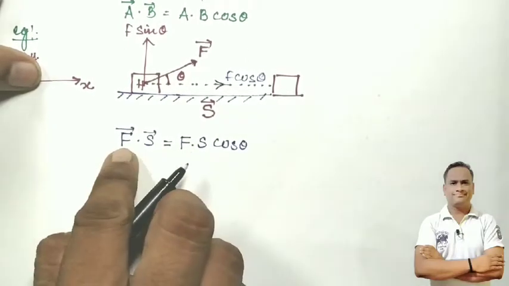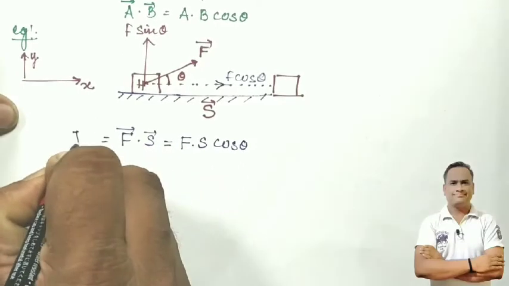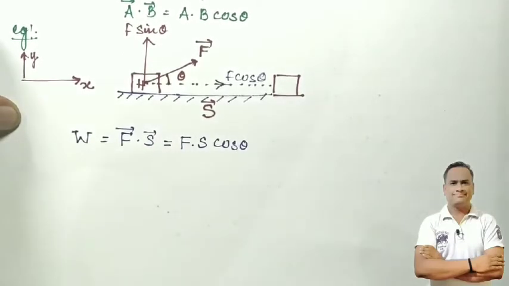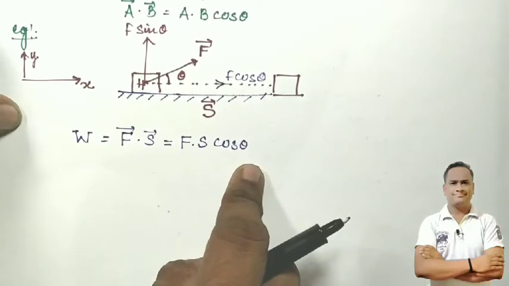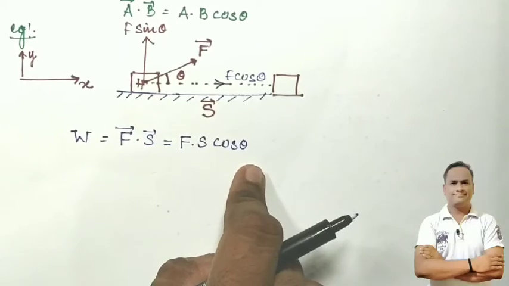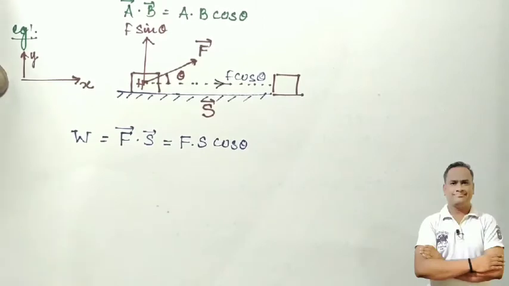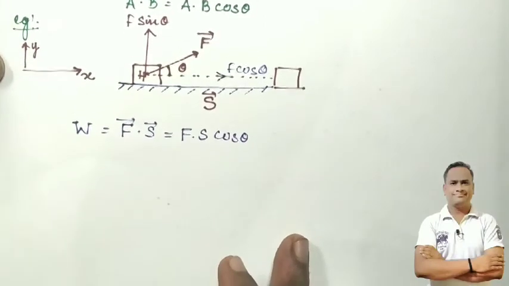As we know, the multiplication of force and displacement is known as work done. Okay students, and also we know that work done is a scalar quantity. So work done is equal to F into S cos theta. In such a way, we can easily calculate the dot product of the two vectors. There are the following properties of the dot product. You can easily go through your book, but here I am going to give you a glance at some of the properties.